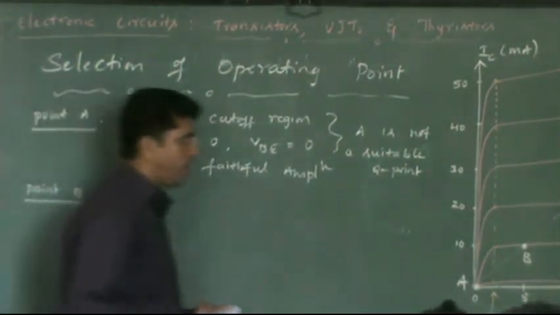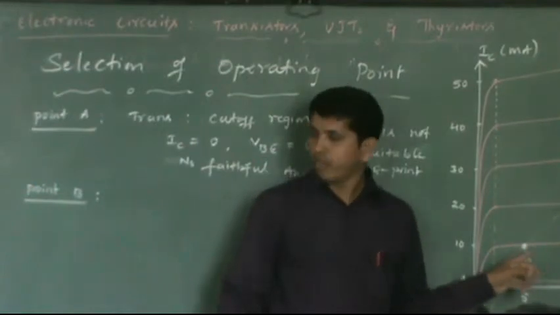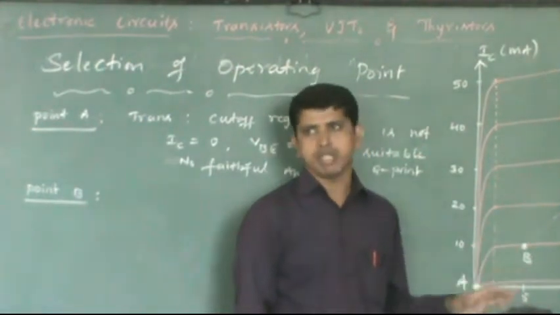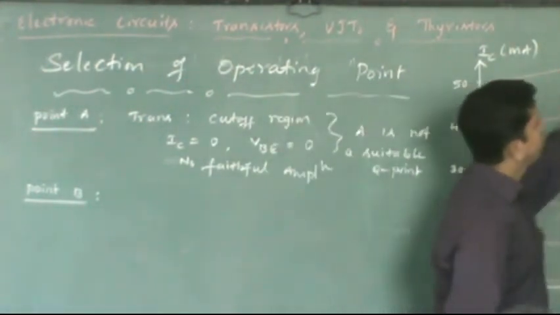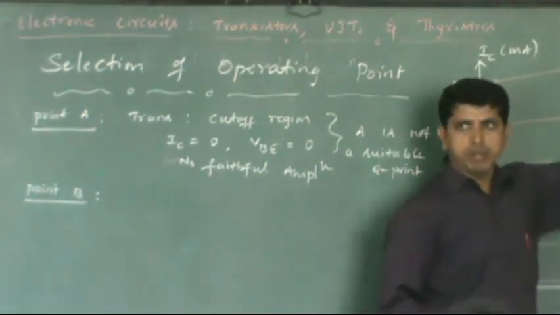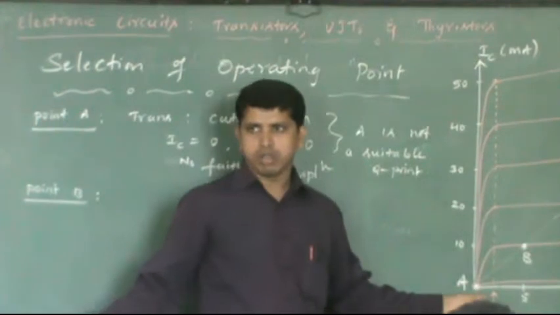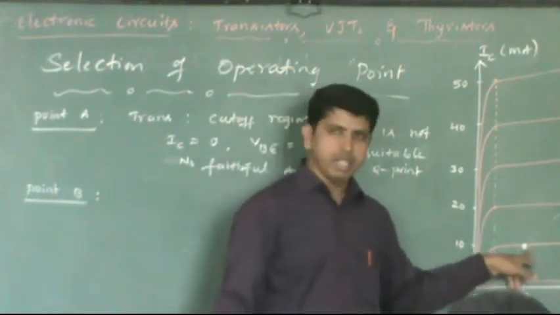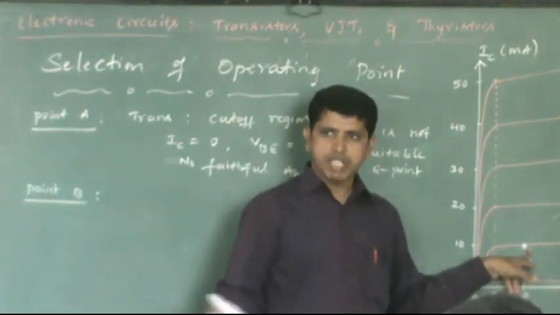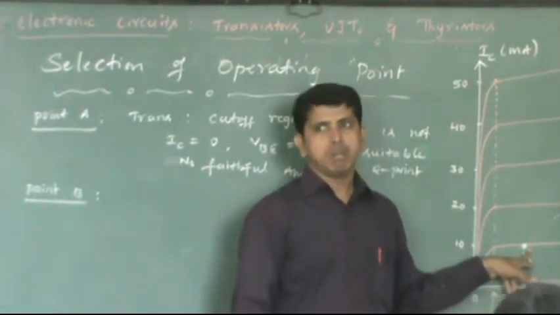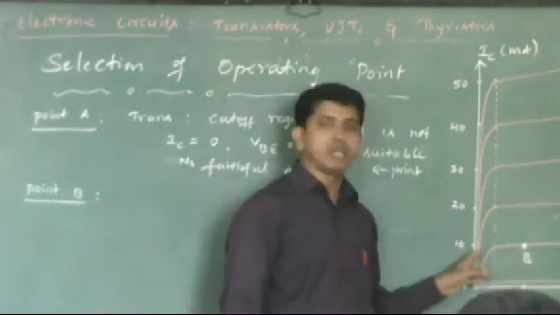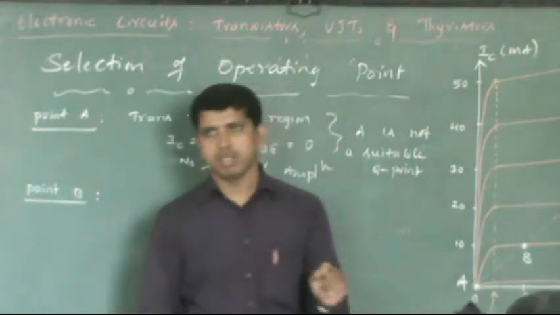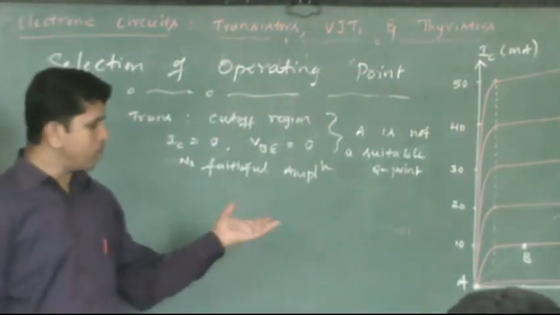Now, point B, the one advantage is, what I need here is faithful amplification. Faithful means it must allow the positive portion of a signal and the negative portion of a signal, because my input is going to be of this type, same sort of wave. At point A, both are not allowed. The BJT is not allowing the positive portion as well as the negative portion of a signal. But at point B, the advantage is this will allow the positive portion as well as the negative portion of a signal. But to a certain extent, the positive portion of a signal will be clipped off, even though the negative portion passes without clipping. You know, clipping is one of the drawbacks in electronic circuits. Sometimes we even make use of it as an advantage also.